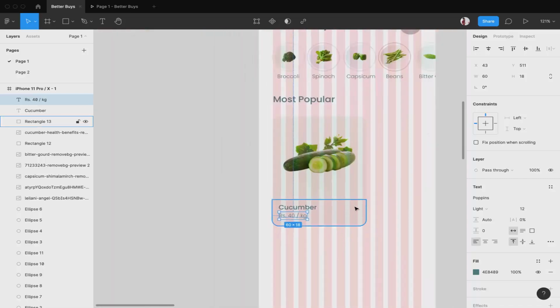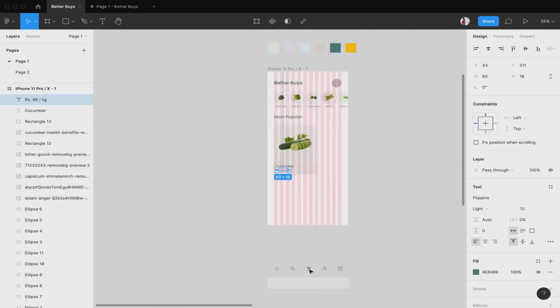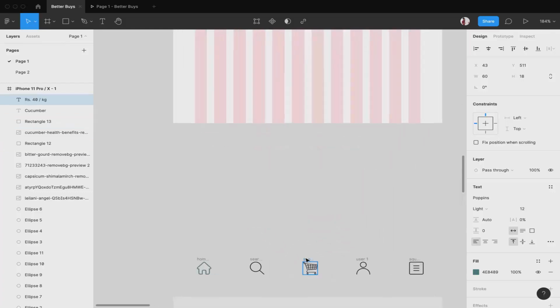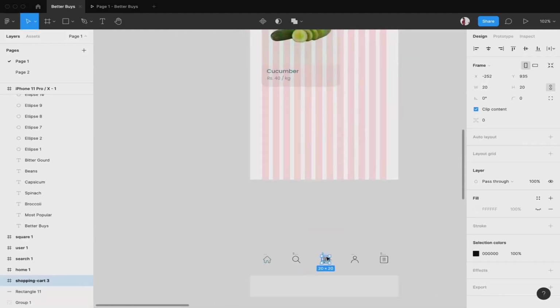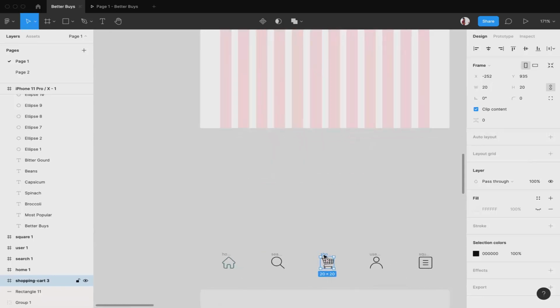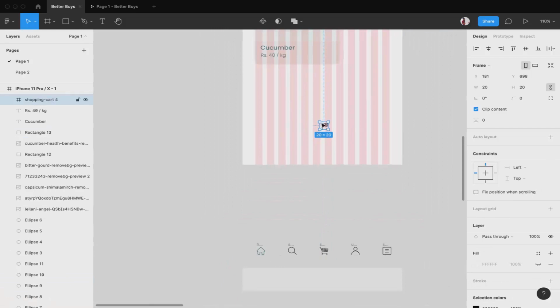Now I'll add an icon over here by using which we can directly add it to the cart. So for that I already have a cart icon over here. You can directly import all these icons from this Figma project. The link will be in the description. So I'm again gonna copy it, create a new one, and once it is created I am gonna add it to the project.